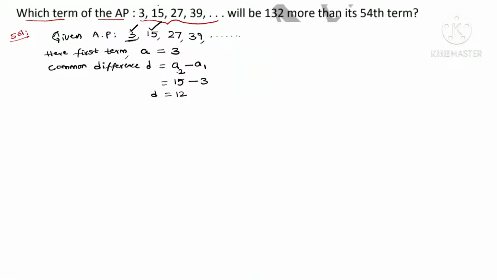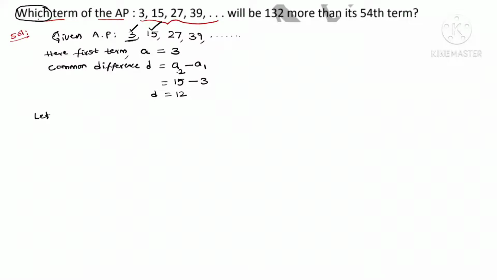So in any question where an arithmetic progression is given, first we should write the solution starting with that arithmetic progression, and after writing it, identify the first term as well as the common difference. Now let us go to our question. In the question, which term is there? We don't know that particular term number, so I will assume that it will be the nth term.